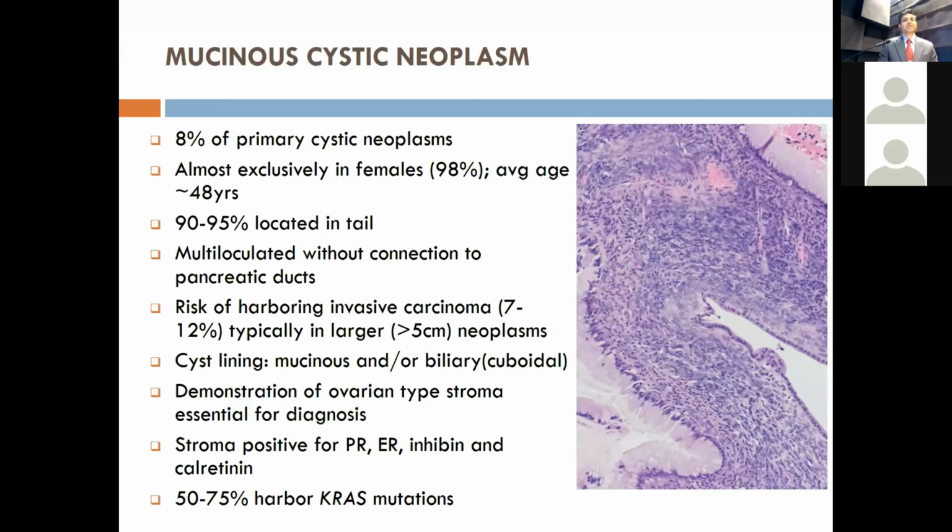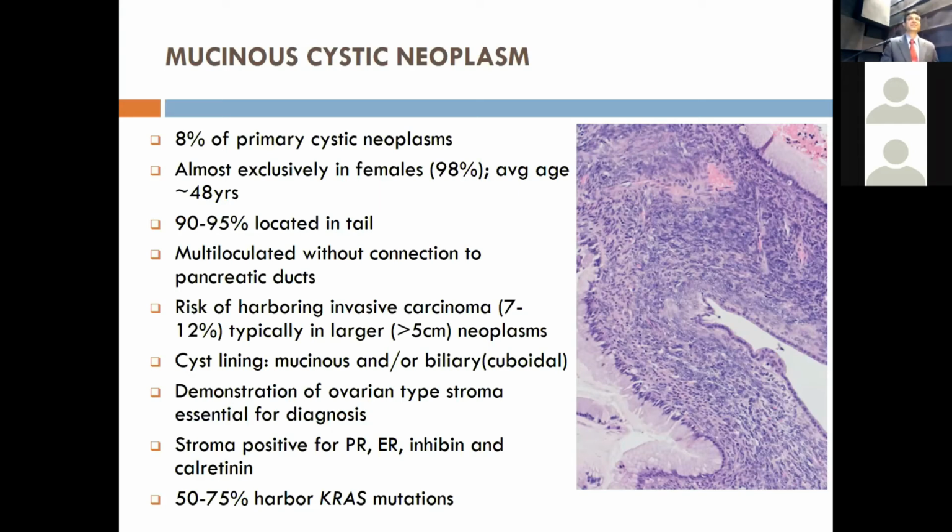This neoplasm occurs almost exclusively in females, although some cases have been reported in males, and I've seen it myself. We had a case that occurred in a male patient. More than 90% are located in the tail. They typically are multiloculated cysts without any connection to the pancreatic ducts, and they have a high risk of harboring invasive carcinoma. We always think that this is a mucinous adenoma, that it will have a mucinous lining. That's not the case. Actually, there's a very nice large-scale study that was published in 2017, and they demonstrated that